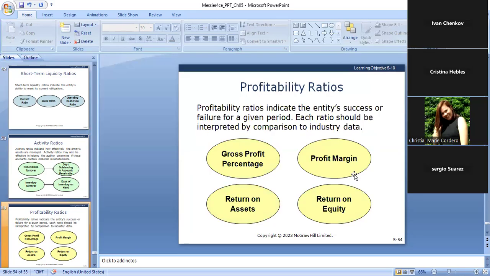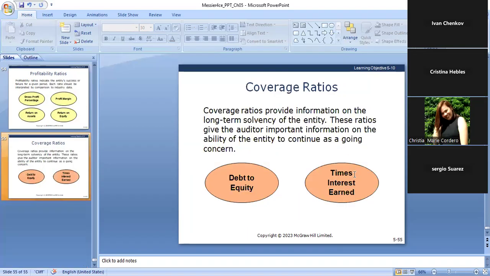The next thing that we have to chase is the profitability ratios. We're going to get the gross profit percentage, profit margin, return on assets, and return on equity. And the last one is the coverage ratio, which will be debt to equity, but